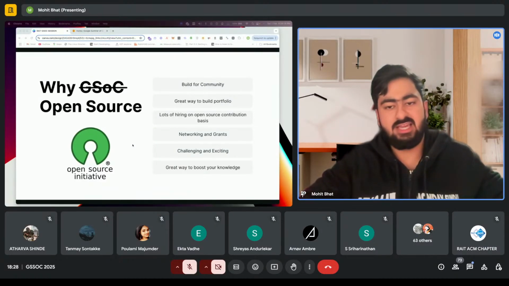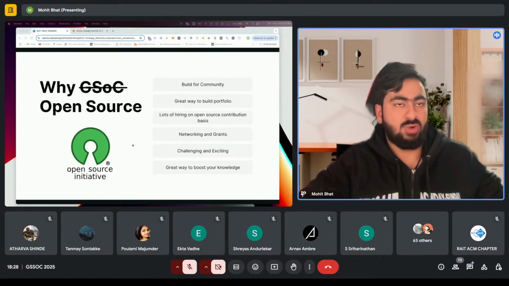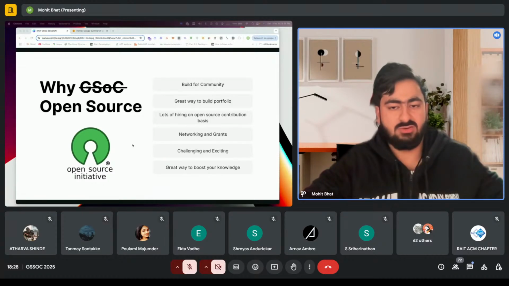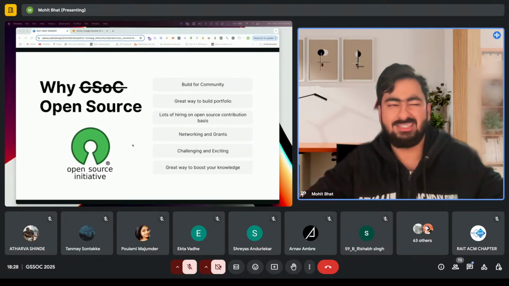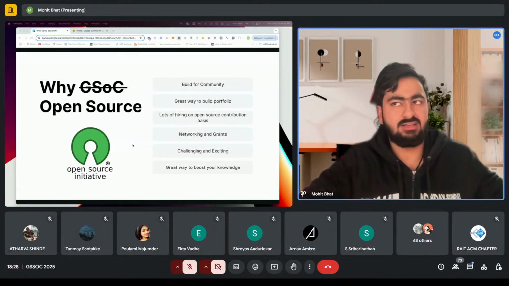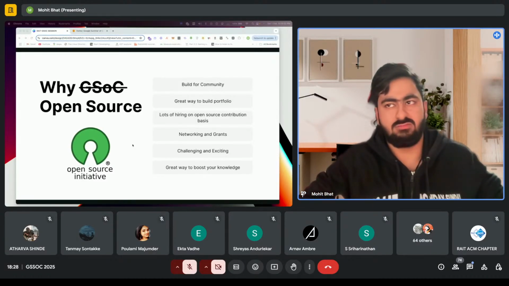The fourth point is networking and grants. So, why you should contribute to open source. What I mean by networking and grants, I think I have already covered the networking part. But this grants thing is, I would say, very much proficient in the Web3 world. Okay, so what I mean by grants: you might have heard about GitHub funding a lot of